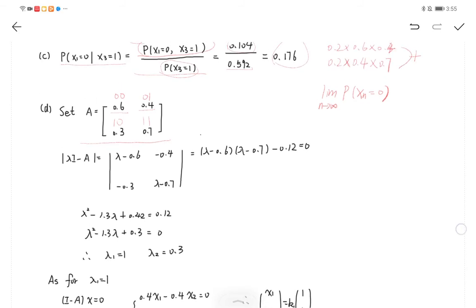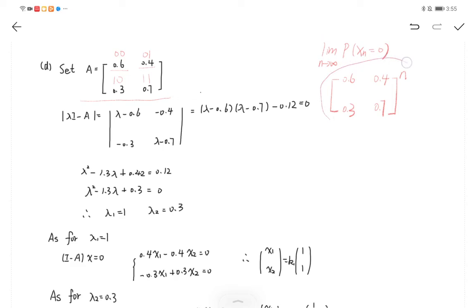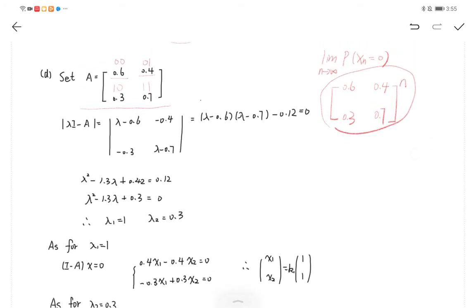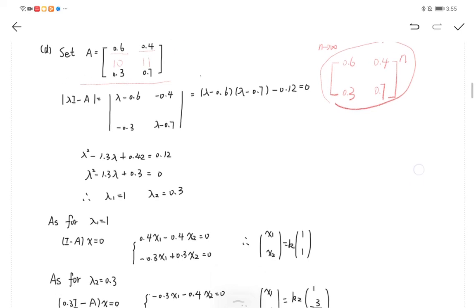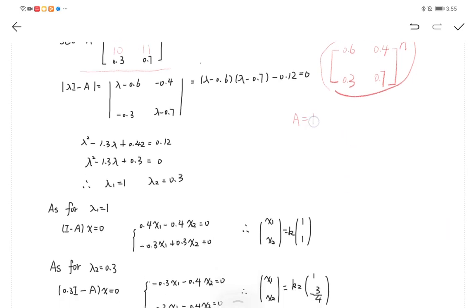So we should count the matrix to the power of n. We should count this matrix. Like this, we can analyze matrix A as